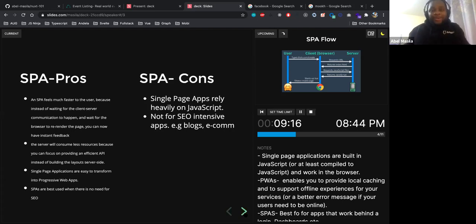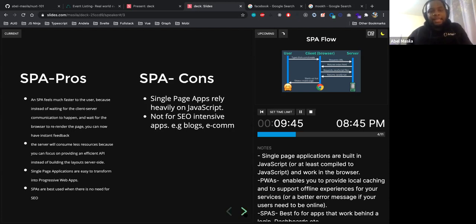So you should also convert your SPA to a PWA. And then the other good thing is when you are dealing with SPAs, you don't talk about SEO, because that is not something which you can achieve very fast with an SPA application. And I will show you a demo of the difference between a server-side rendered app and a SPA. In terms of SPA, the cons